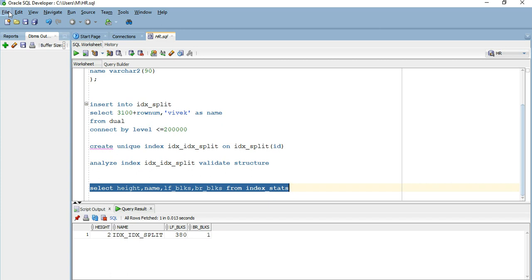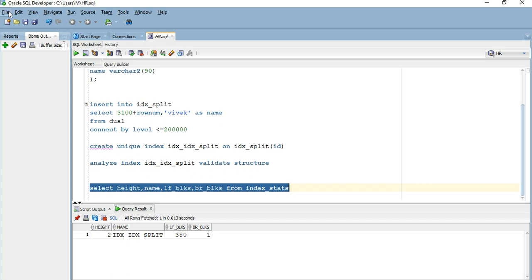When we were inserting more data in our base table, our index was growing horizontally. That means the height of the index was the same, but the number of leaf blocks was increasing constantly. We saw an example where we had 2 leaf blocks, and when we inserted more data, after a certain point my leaf block could not accommodate any further entries, so there was a block split.